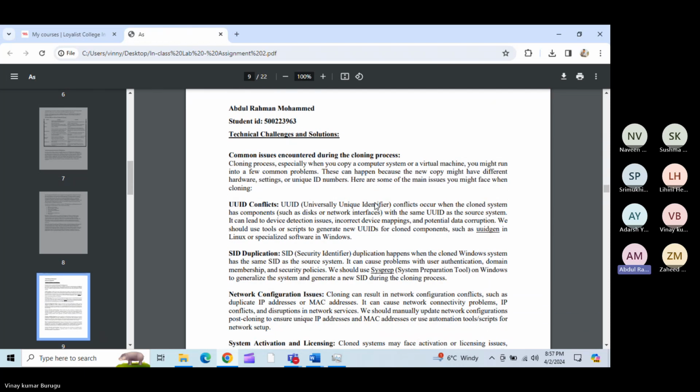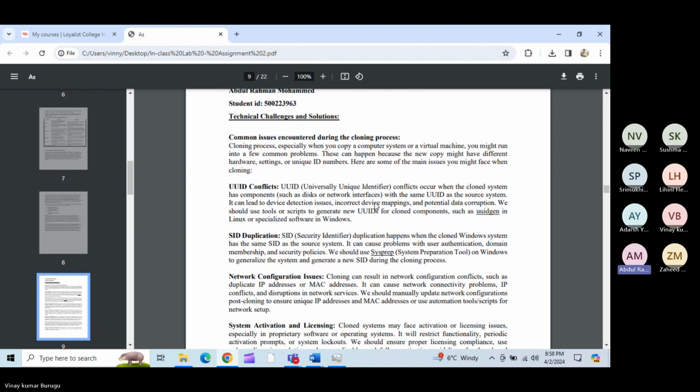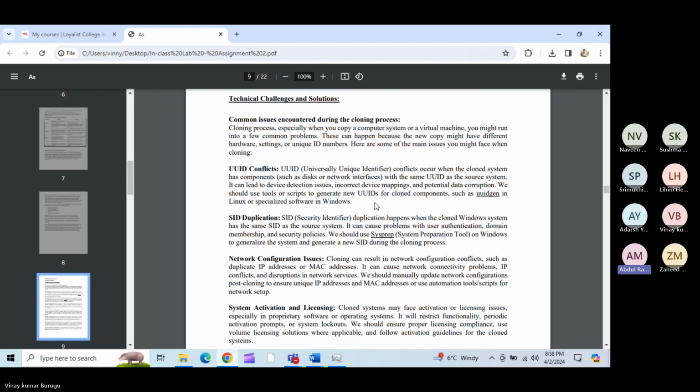I'm here to present about the technical challenges and solutions which occur at the time of cloning. During the cloning process of a computer system, several common issues can arise due to differences in hardware, settings, or unique identifiers. Firstly, the universally unique identifier, simply known as UUID. Conflicts occur when cloned components have the same UUID as the source system, potentially leading to device detection issues and